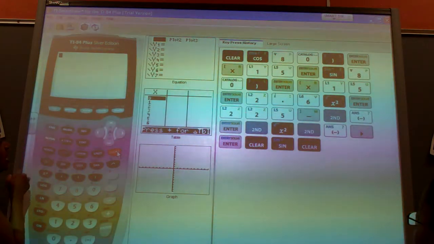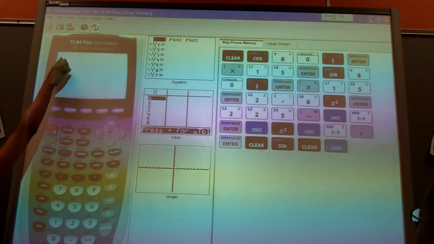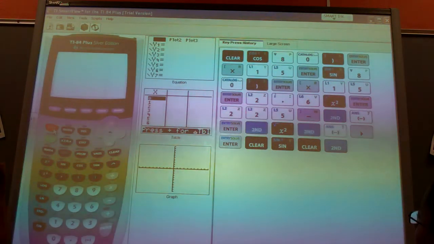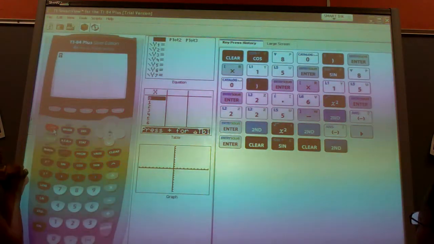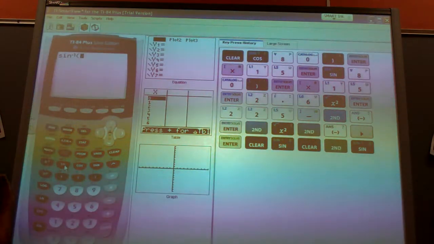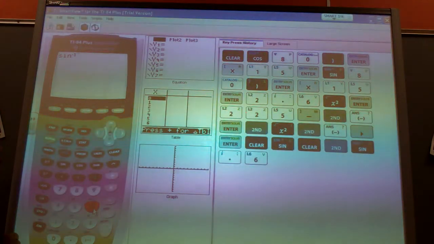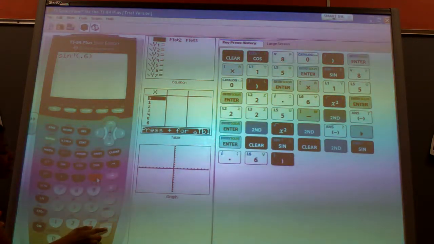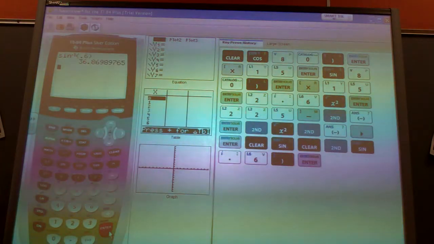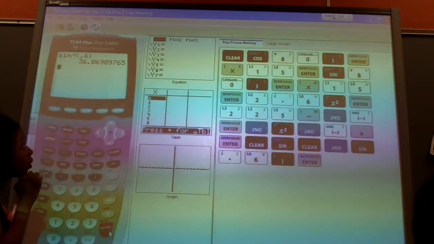Your shift key is the second button. If you have a TI-84, it's probably blue. You hit the shift key, the arrow up will flash. That lets you know you did the second function. You hit the shift key and then you hit sine again. It's in blue. There's your sine inverse right there. The inverse we wanted of 6/10, 0.6, will give us the angle measure, which is 36 and roughly 87/100 of a degree,